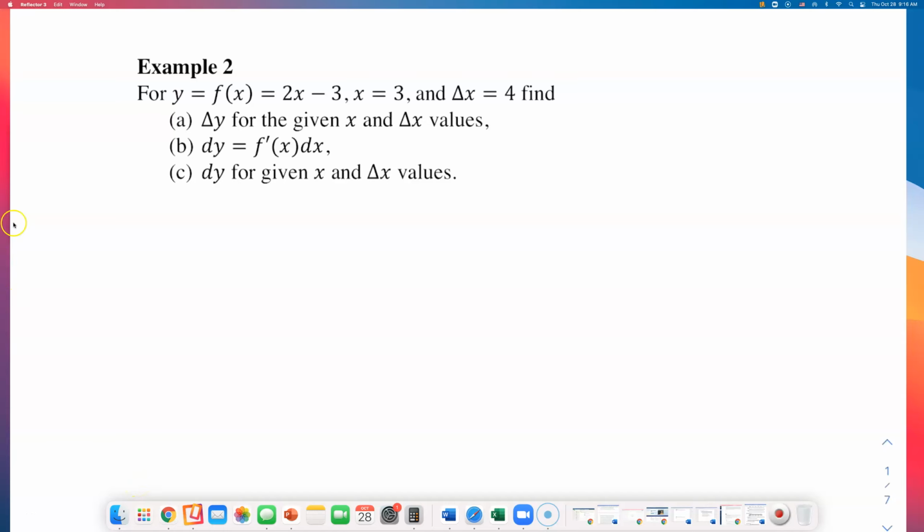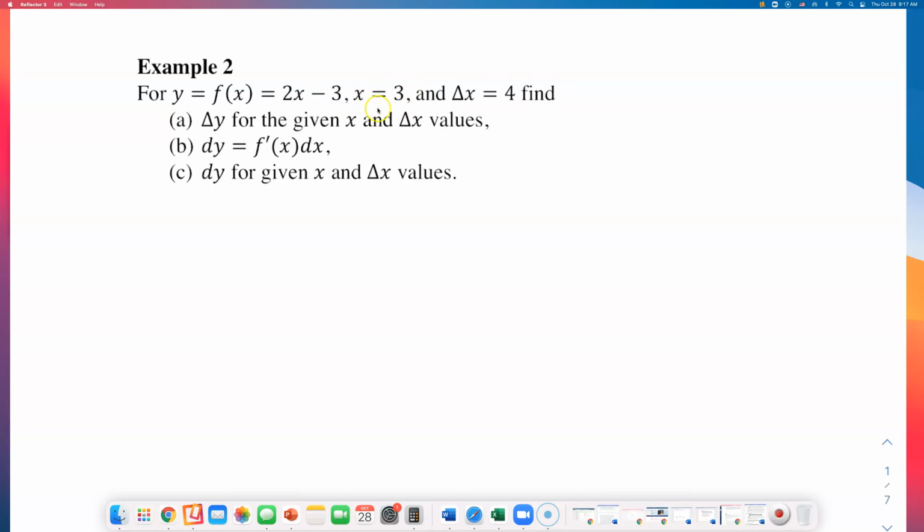For y equals f of x equals 2x minus 3, x is 3, and delta x is 4. Find A, delta y for the given x and delta x values. What does that mean, right? So what's happening is they gave you a function, 2x minus 3, and they gave you a starting point